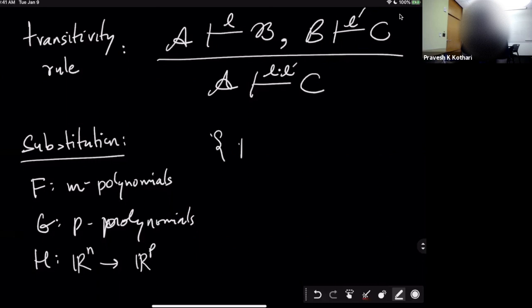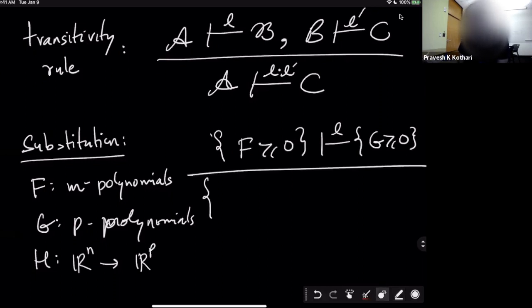Then if the system F bigger than or equal to 0, this means that every one of the constituent m polynomials of F is bigger than or equal to 0, derives in degree L that every constituent polynomial in G is bigger than or equal to 0, then